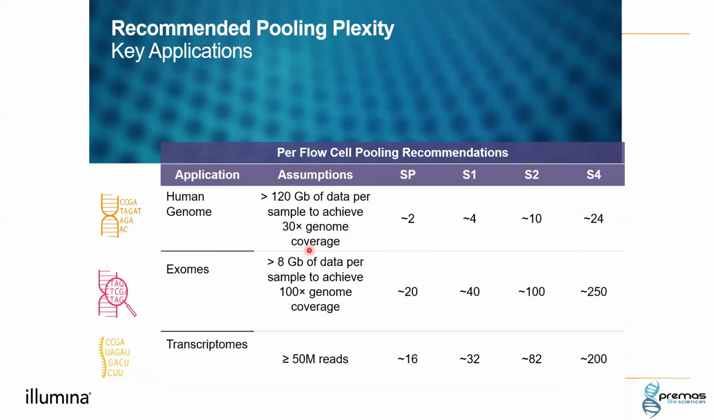If you are targeting 30x genome coverage, and when you are doing exome, let's say, if you are targeting 100x coverage, 250 of these libraries can be sequenced on a single S4 flow cell. And for transcriptome, when you are targeting 50 million reads or more, you can go for 200 samples. So this is a high throughput sequencer, and also individual lanes can be utilized for